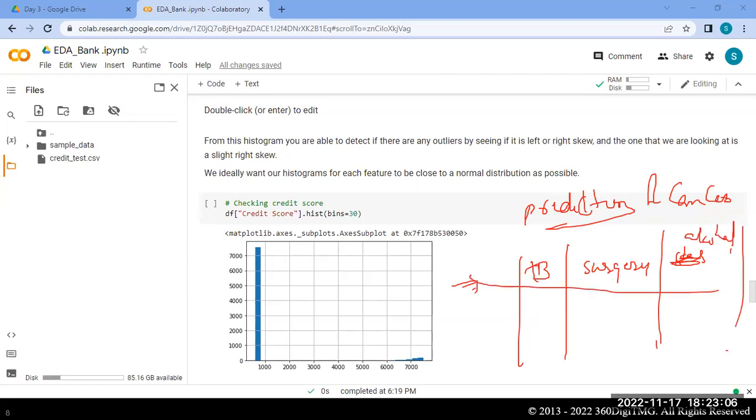We have various other features always. Based on that, we are predicting whether that particular person has cancer or not.